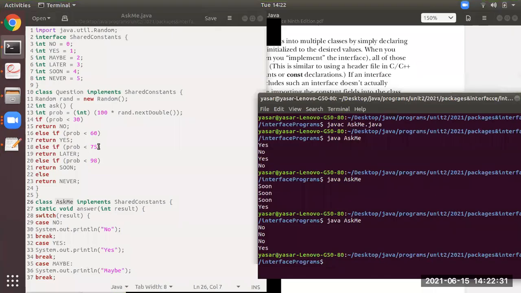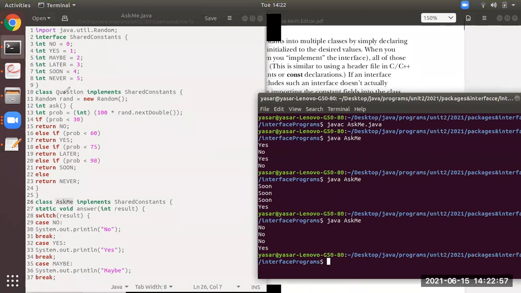Now you all see here in this particular program, copied in the notepad, from line number 2 to line number 9 is an interface. After that, from line number 10 till line number 25 is a class Question, which is implementing the interface SharedConstants. What do you mean by this?